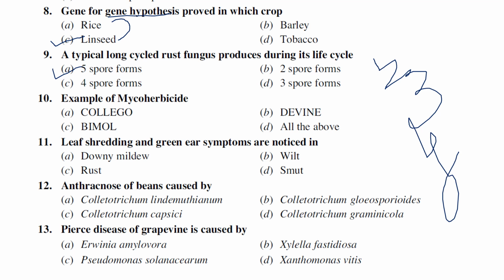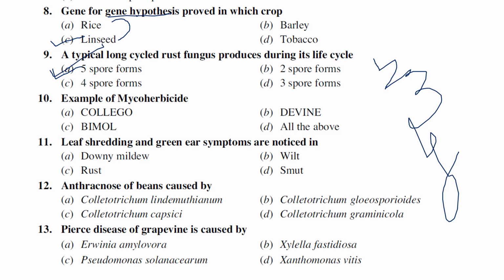Of course, some rusts may lack one or two stages. That's why it's called microcyclic; all the five stages are not present, right? So cedar apple rust or maybe some other kinds, one or two stages may be present. If the uredial stage is absent, it is known as demicyclic rust. Demicyclic means lack of the uredial stage. So such kinds of things also will be there. Generally, a typical long-cycle rust contains five spore stages.